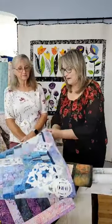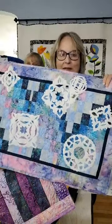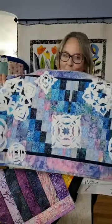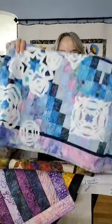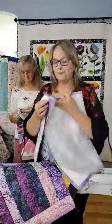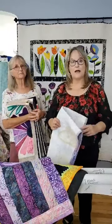Yeah. Another grace technique, I would say, is something like this, where these are just the same kind of snowflakes that you might have made when you were a child, only I put fusible web on the back of the snowflake, folded it just the same way you would fold a paper snowflake, and then attached it. But when I attached it, I attached them loosely. And some of that loose type of attachment can be done with just a regular 1/4 inch foot after the top has been stabilized to the quilt sandwich. So you could do that either before or after you